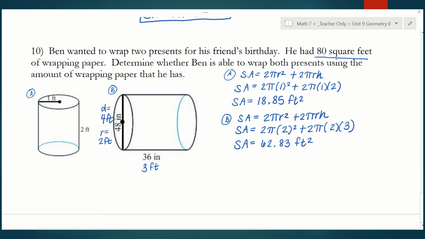Okay, so now that we know the surface area of both of those cylinders, I'm going to add them together because that will tell me the total amount of wrapping paper, or the total number of square feet I need to cover both gifts. So if I add them together, 18.85 plus 62.83, I'm getting 81.68 feet squared. All right, so what does that mean? If he has 80 square feet and I need 81.68 square feet, he does not have enough. So my answer here is